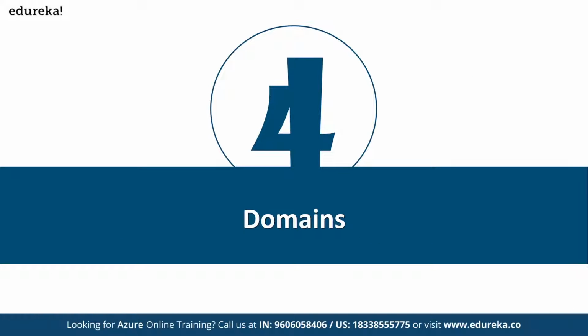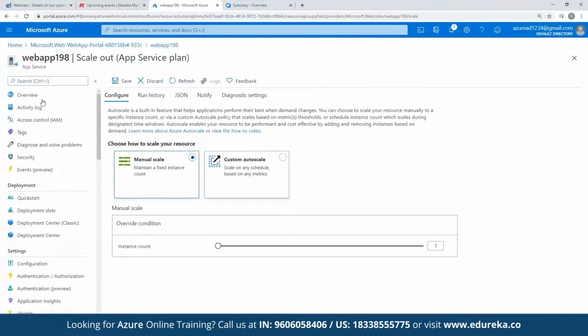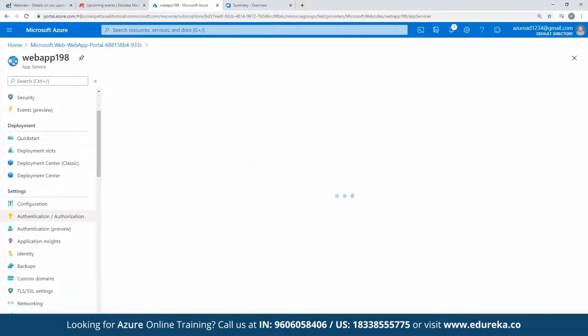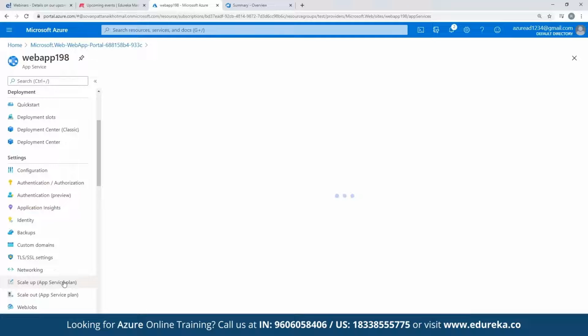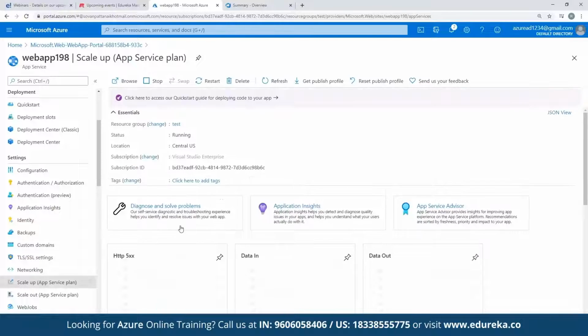Domains, let's speak about domains here. So we have different domains. Compute, we talked a little bit about it. What I said about the app service plan which was available, right? We are also looking at scale up. App service plan is your exact infra which is available, right?